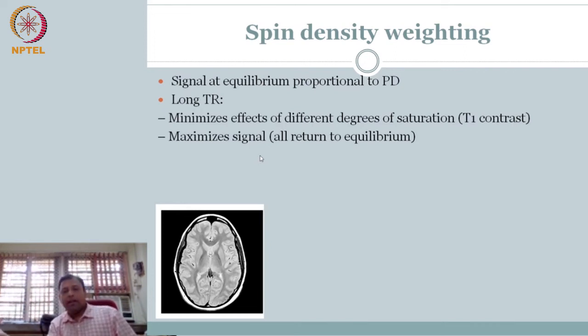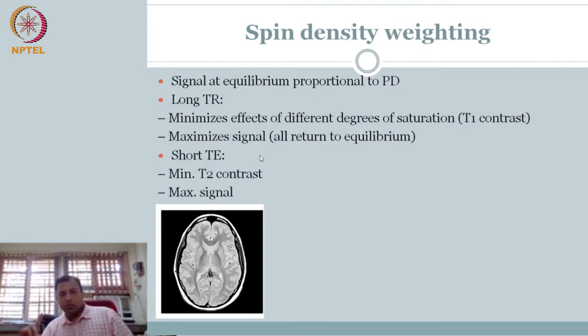Of course, then what I can do is repeated measurement. I don't allow it to dephase, and immediately I put a 180 degree pulse, the time to echo. I minimize that. So I still do not have the effect of T2, since I have not allowed it to dephase. So to minimize the effect of T2, what should I do? The parameter under control is TE. I have to minimize TE. If I have minimal TE, I would not have allowed it to dephase, and therefore the effect of T2 will not come into the picture. So long TR, short TE allows you to get a signal that is predominantly weighted towards